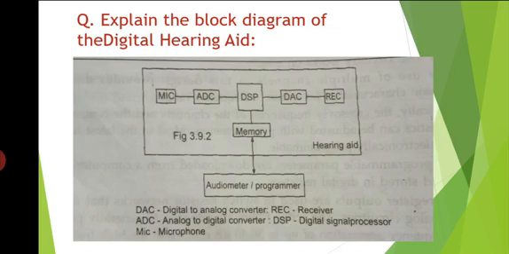Since power consumption is a major consideration in the design of hearing aids, the wired program approach is followed. The DSP is associated with a two-port memory, which is used to store processing parameters that can be downloaded from the external programmer to the hearing aid. The signals processed by the DSP are converted to analog form using the digital to analog converter. The output, that is an electrical signal of the DAC, is given to the receiver.